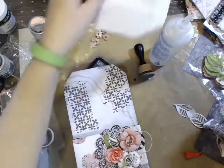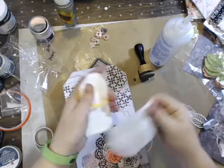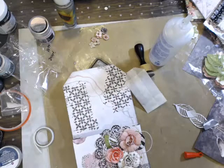I am going to take one of these little envelopes. I want a smaller one than that. I don't even know where I can get all these. They come in...